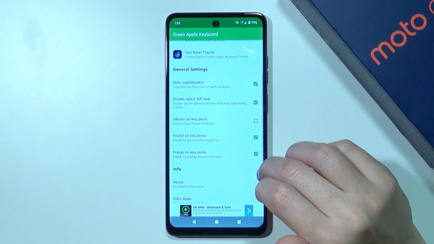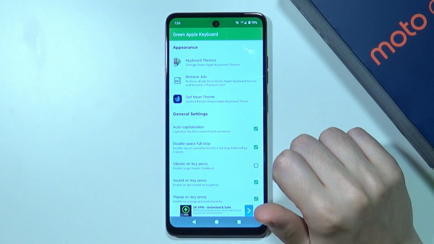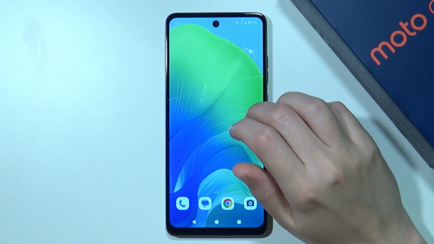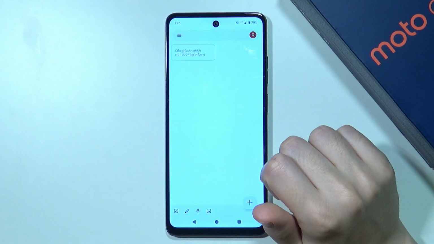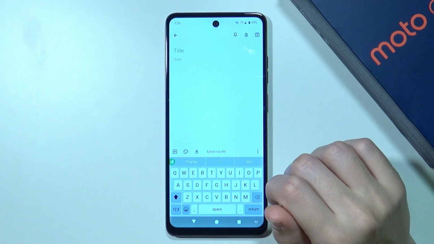And over here we can also find some settings. So we can customize and adjust these options. We can even choose the keyboard theme. So let's actually test it out. Let's go to some notes. Let's go over here. And there we go. Now we have